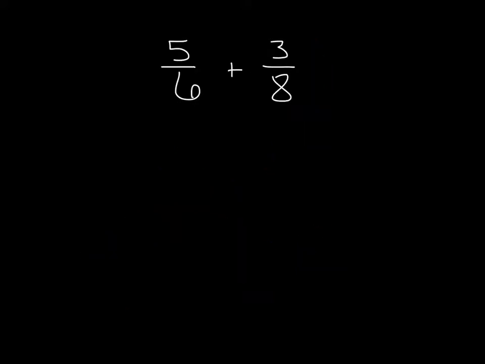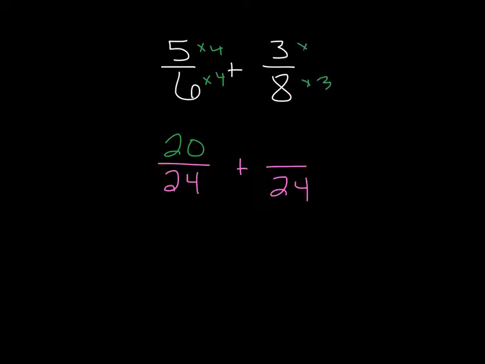Okay, our common denominator on this one, the smallest number 6 and 8 will go into is 24. Now to get 24, 6 has to be multiplied by 4. So we'll do 5 times 4, which is 20. And then 8 has to be multiplied by 3. So we'll do 3 times 3, which is 9. So you add those together, you get 29 over 24,